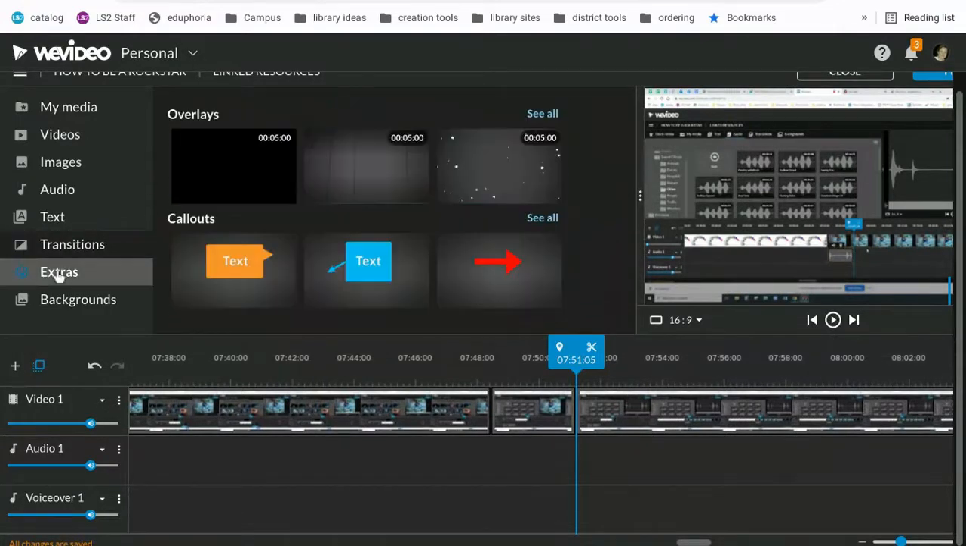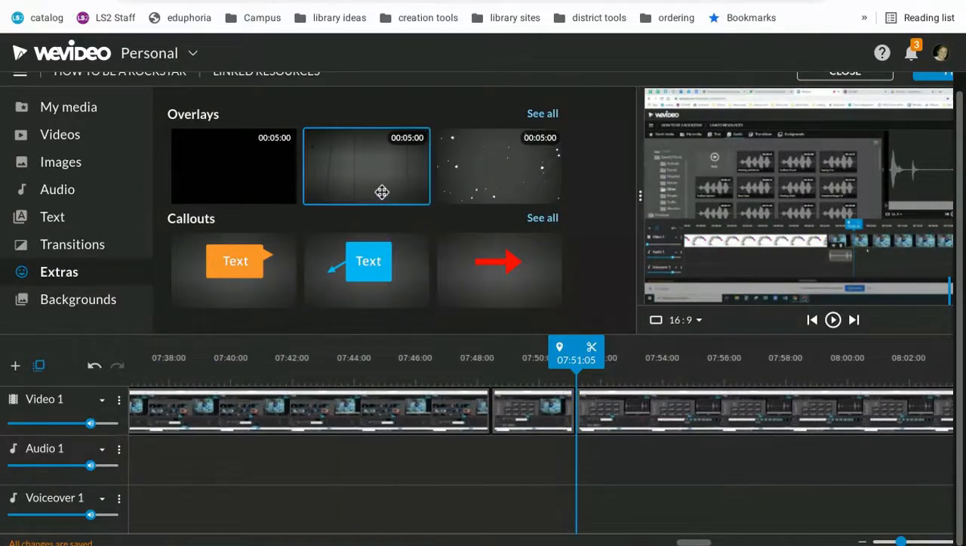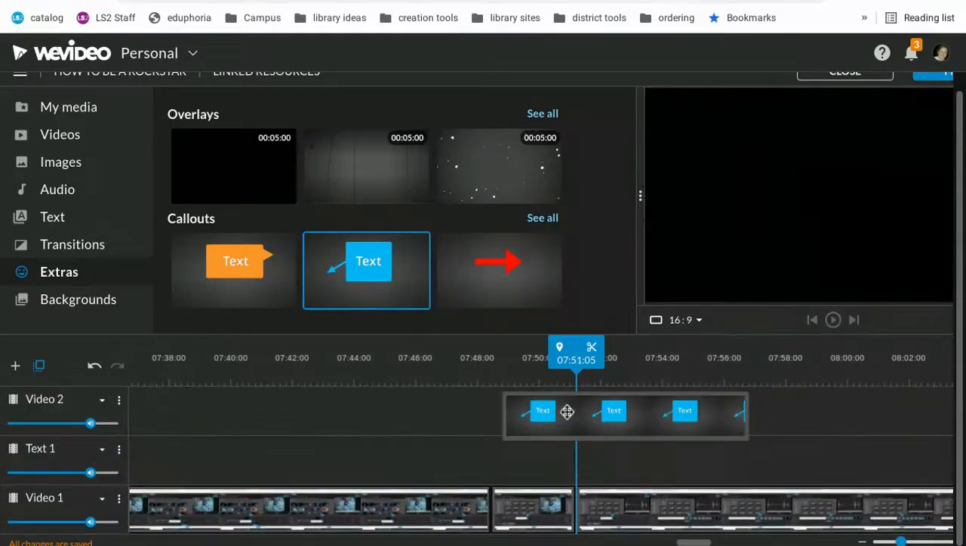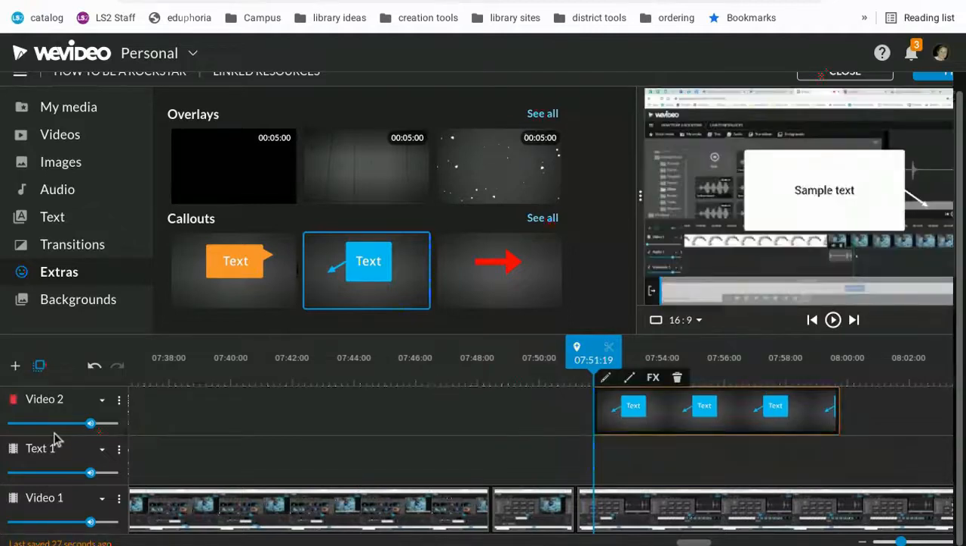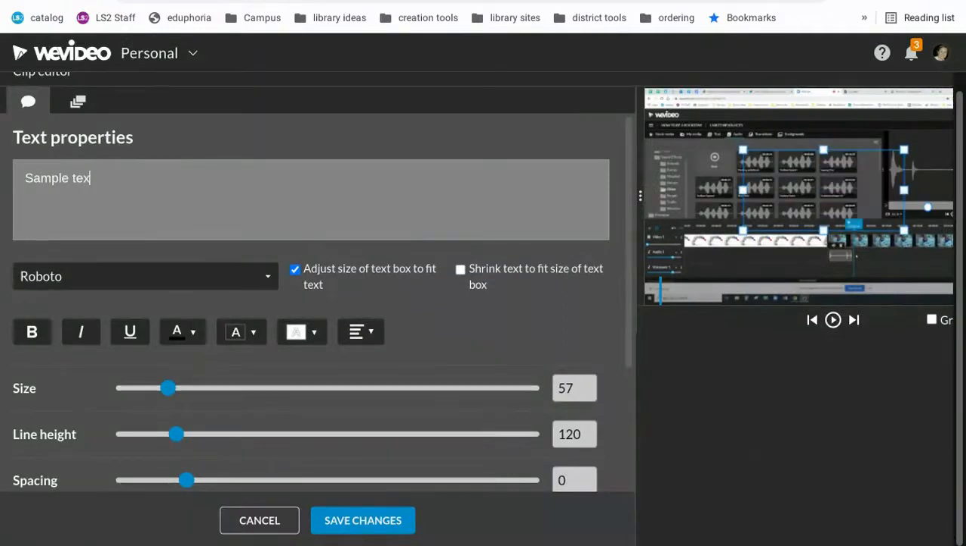And then extras is a really nice one. If you're making how-to videos, it will layer on top of your video. So if you want to point something out on the video, it's going to give you a layered effect. So right here, let's say you want to point something out on your video. You're going to put it on a video line. And then once you click on here, you'll be able to add any text